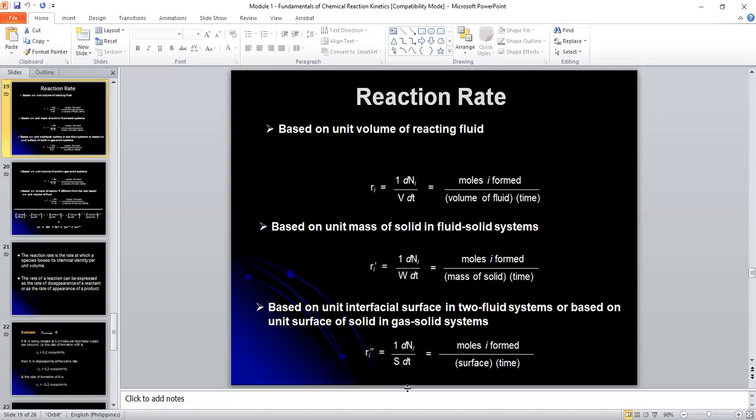If that is the case, this will be the appropriate rate equation. So you still have the rate of change of the moles of I, but this time you don't divide by volume. You don't divide by the mass of the solid, but you divide by the surface area, the interfacial surface in